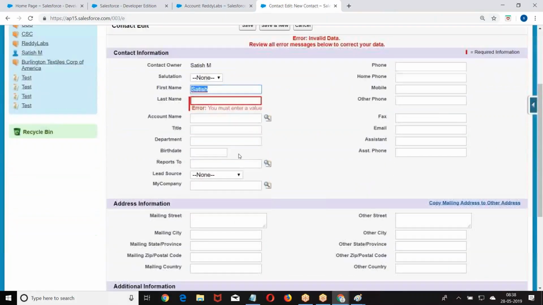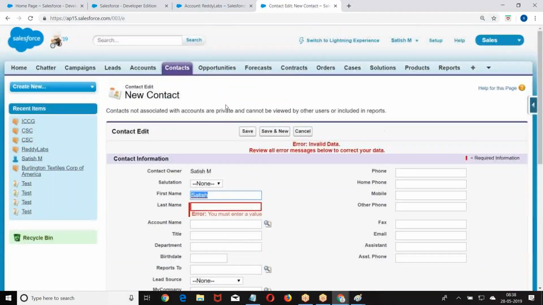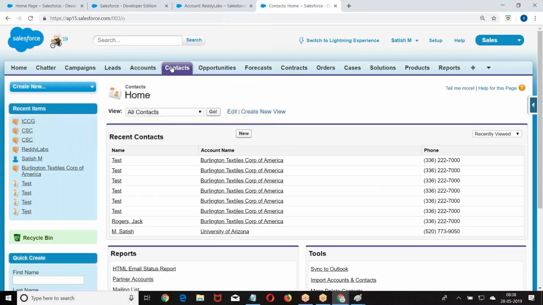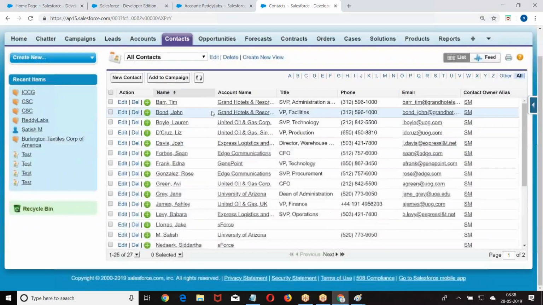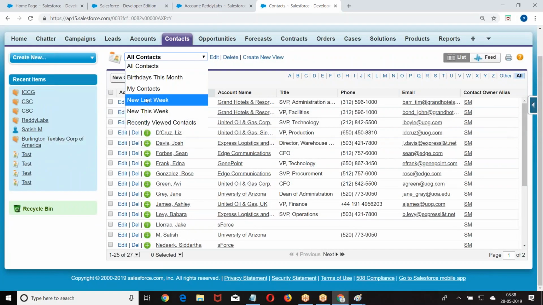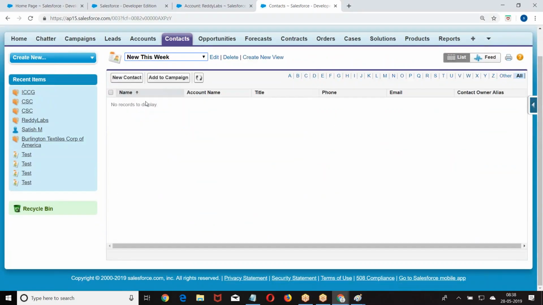Now insertion failed because I have not entered the last name. So every record may or may not be inserted. I want to know why the record failed and I want to fetch it. So what should I do?